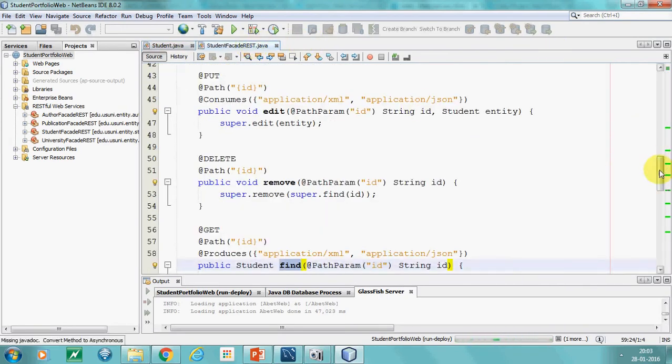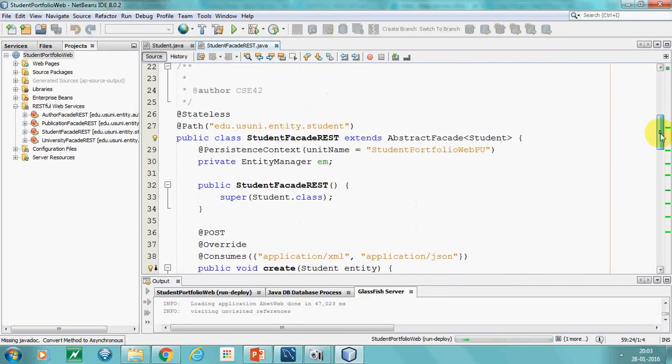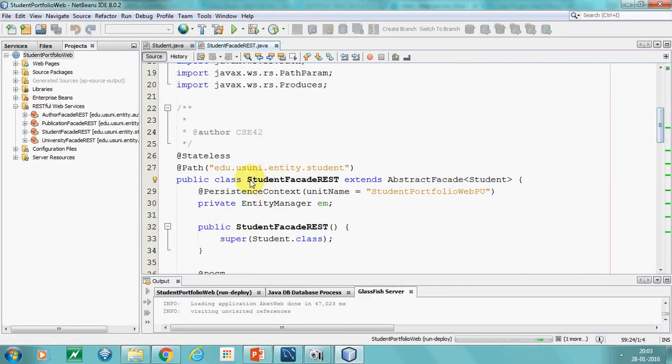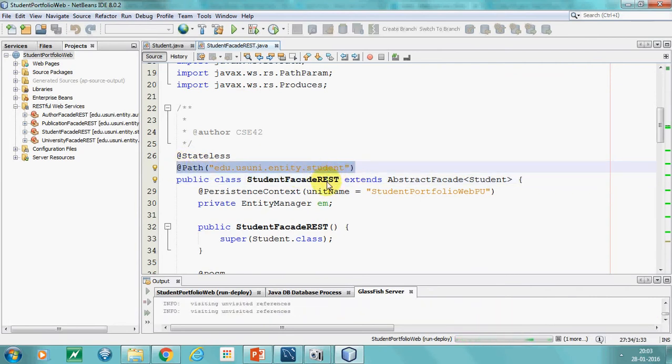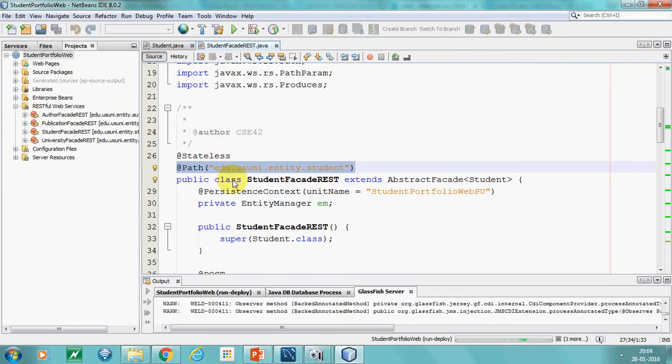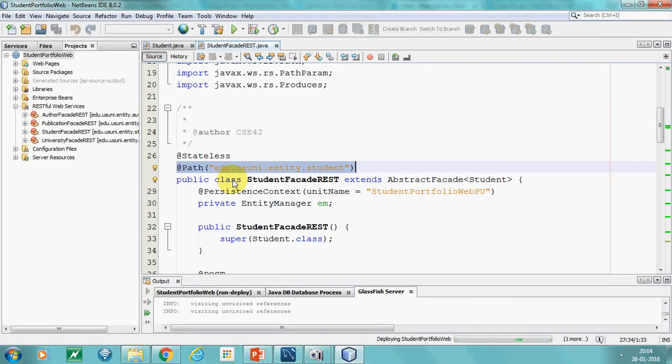Let's see the service class now. In the service class, the student service class, the name is student facade REST. What is the path, how to access this. This path is relative to the domain name and context path of your application.